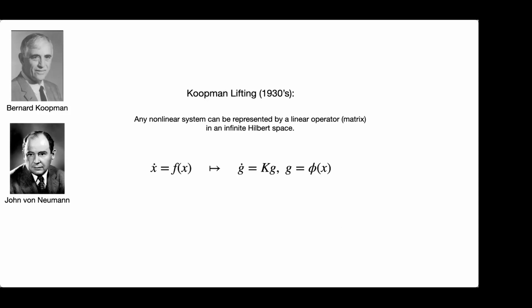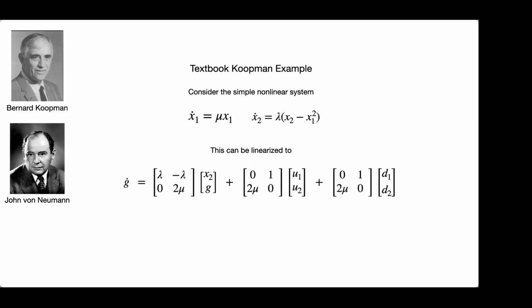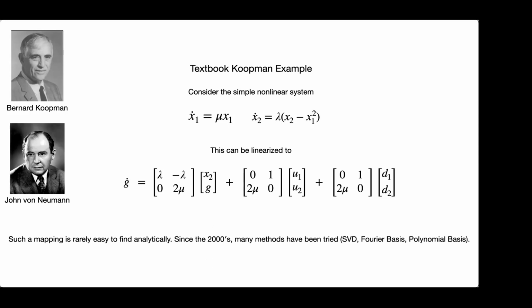And this was nice. Here's what we're saying in math. We take the nonlinear system and map it to a linear system where we can represent the change in dynamics using this linear function K. But we are left to find out what this map will do. So I'll skip through this. This is an example that Will sent me of a simple version where you can easily lift this up to a linear space. But the main challenge is that